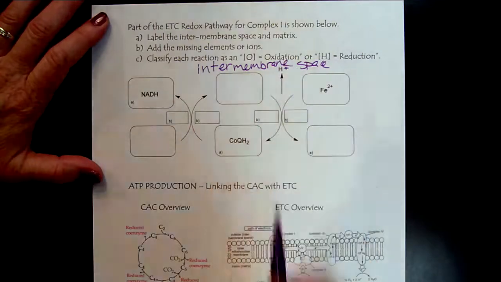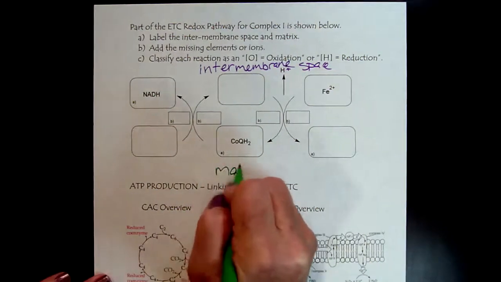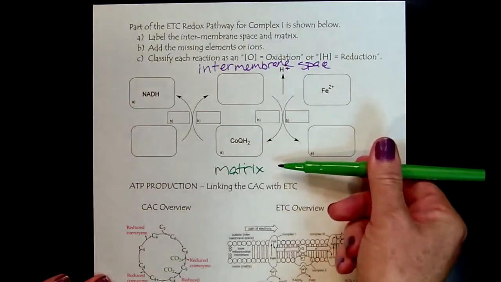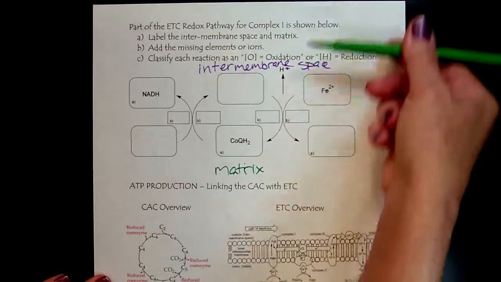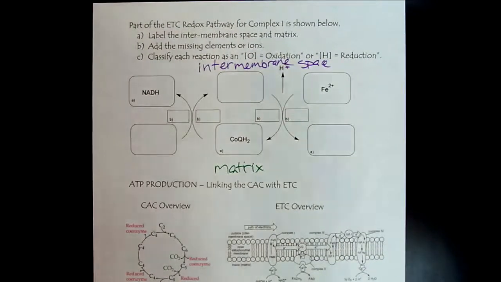Oops, lost our plus, okay? And so then that means that the matrix would be down here, right? So this would represent the center of the mitochondria, the intermembrane space, and then the outer membrane. Alrighty, now,